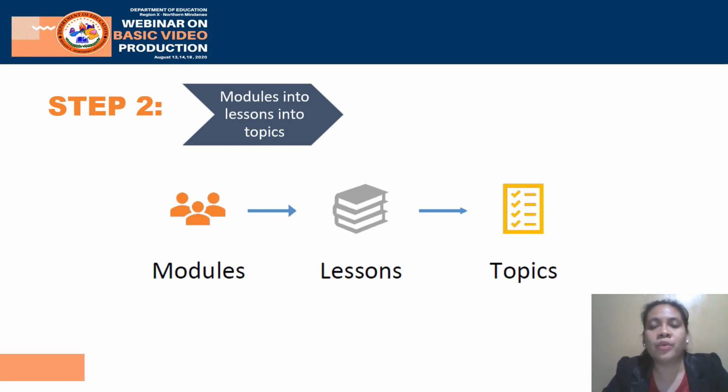Now, we are lucky here in DepEd because as we go into the new normal, the Department of Education has already looked into our learning competencies and has come up with the MELCs, the most essential learning competencies. So it will not be hard for us to do step 1 and step 2 because it's being done for us. Now, our task here is